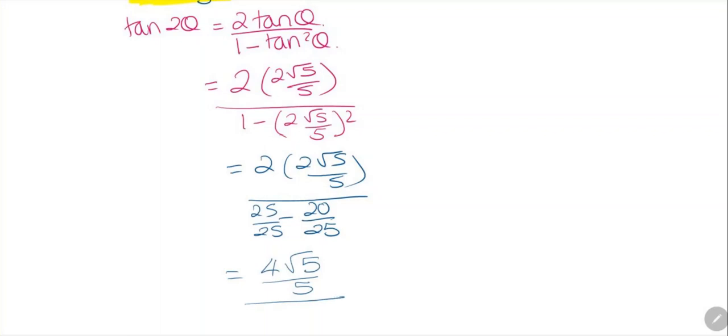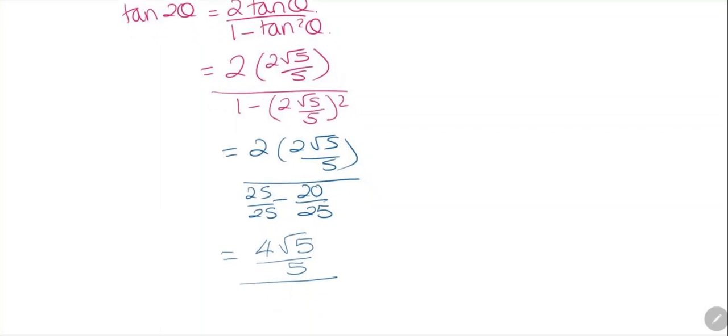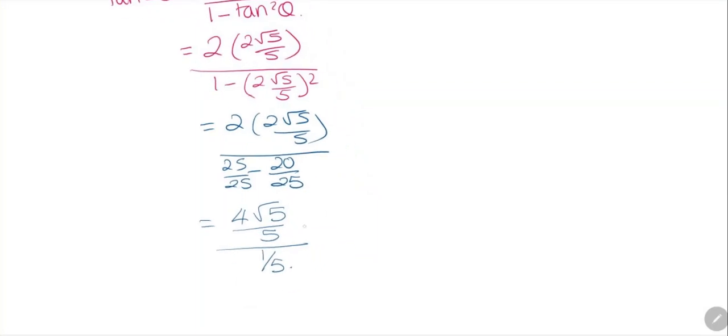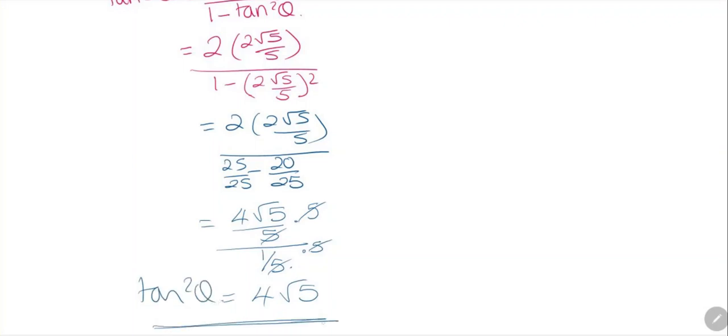And 25 minus 20 is going to be 5, so 5 over 25, which simplifies to 1 over 5. So if we multiply both by 5, these will simplify. And our answer is going to be 4 root 5. So tan 2 theta will be 4